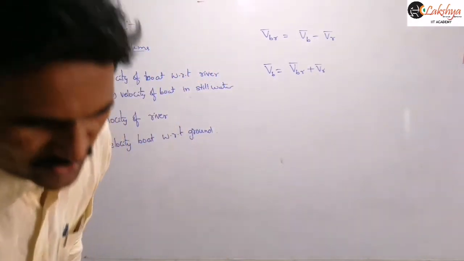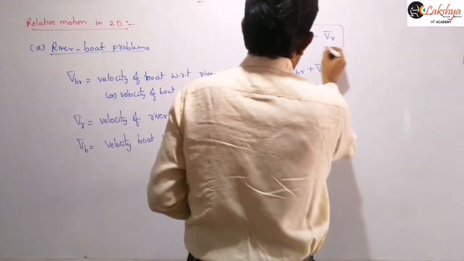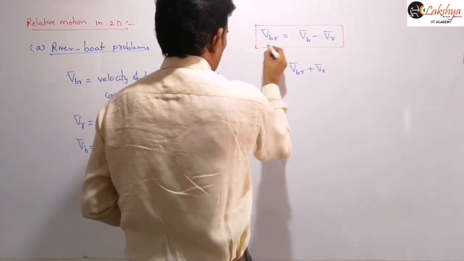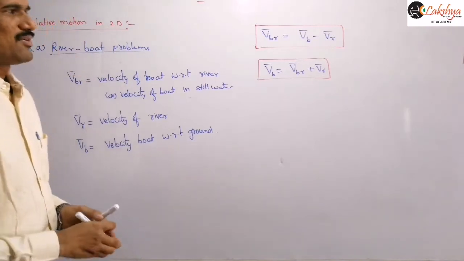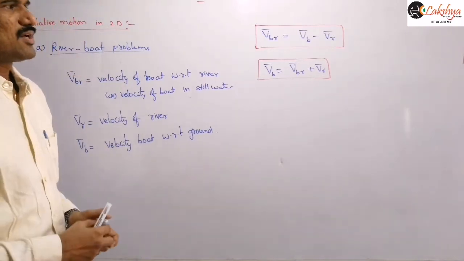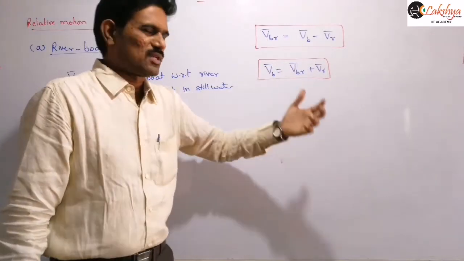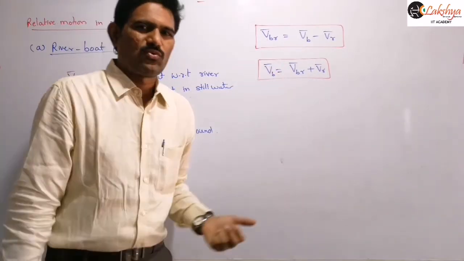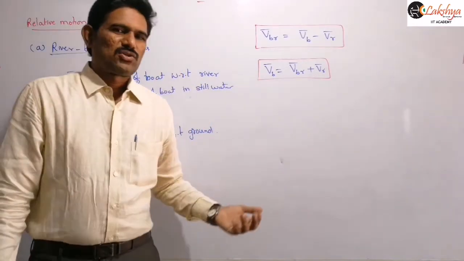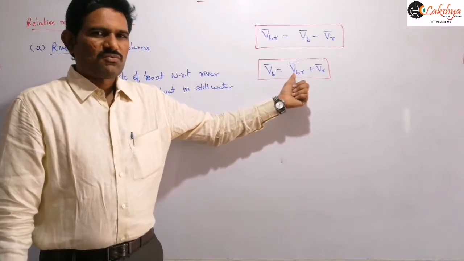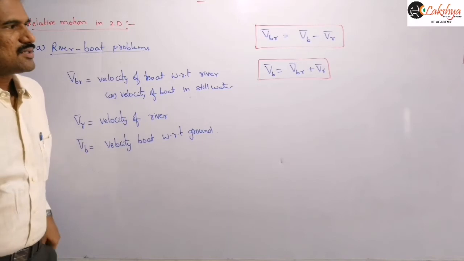And so here, let us consider this. This is a relative velocity term here. We can express the velocity of boat as a sum of the velocity of boat with respect to water and the velocity of water. Generally in the problems, these two terms will be given in most of the problems. Velocity of boat with respect to still water they will give, and the velocity of the river. And if the problem is related to a swimmer, then we need to consider the velocity of the swimmer with respect to the water, right?